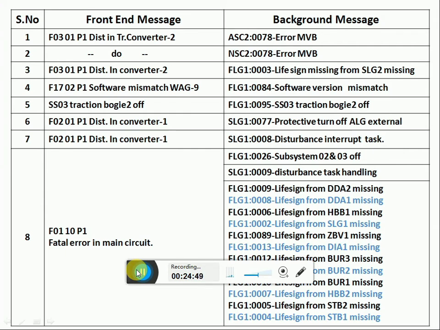Through software, NSC, ASC, FLG, SLG, this background message will develop with a number. In case of troubleshooting, if the problem is unable to be rectified, LP can report this background message to the TLC or shed staff for advice.